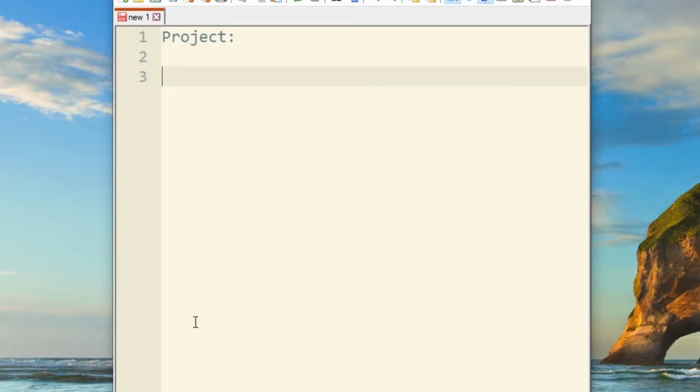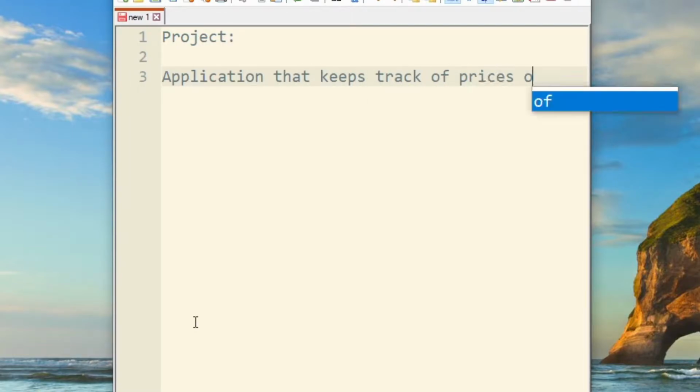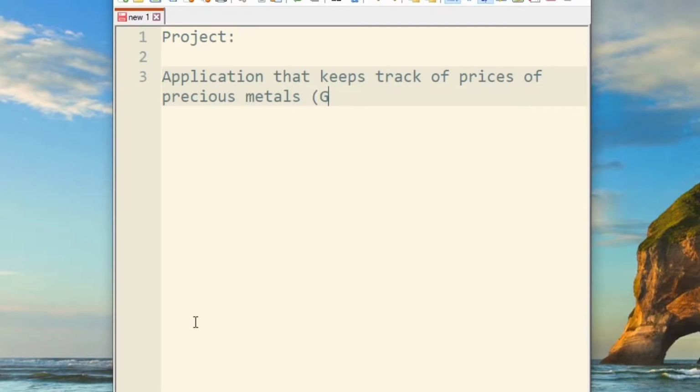So we're going to create an application that keeps track of the prices of precious metals. And we'll start off with gold and silver, but once the application's been created, we should be able to pass it any type of precious metal and get the data back. Now, for each of these precious metals,